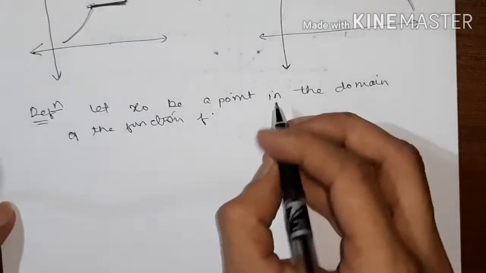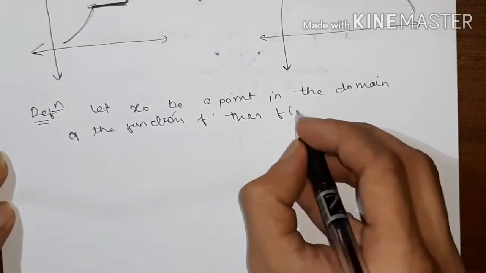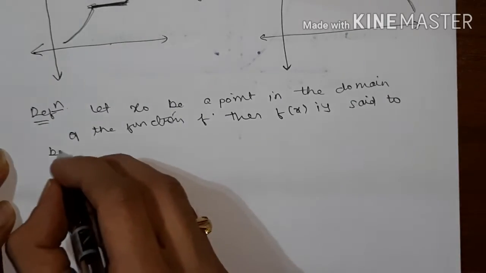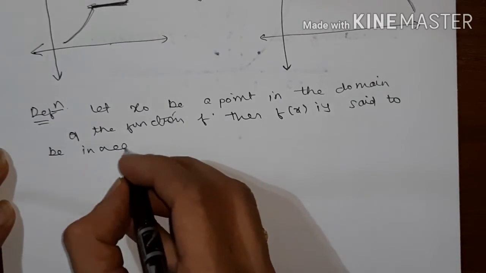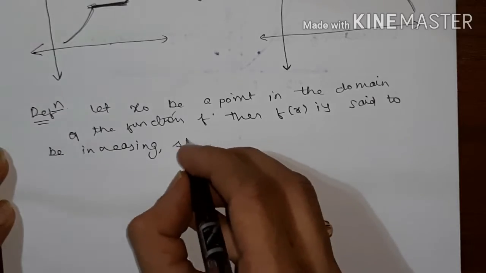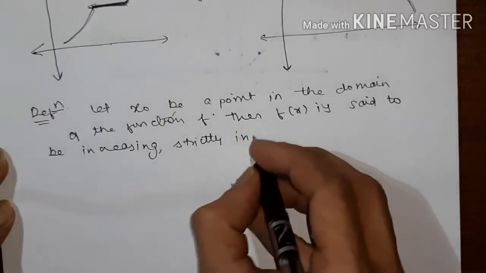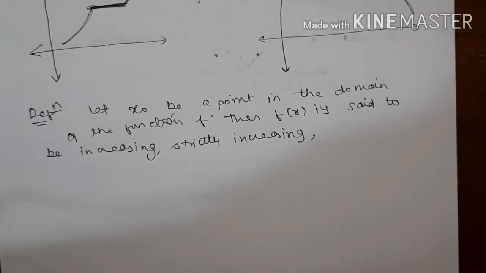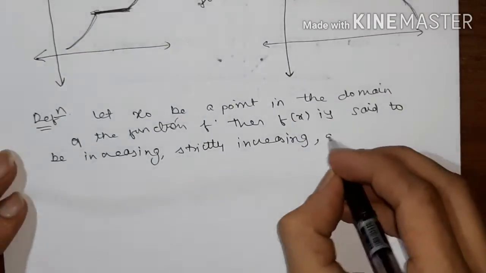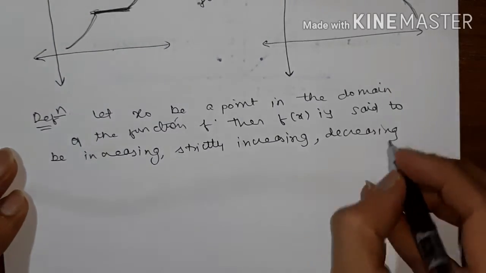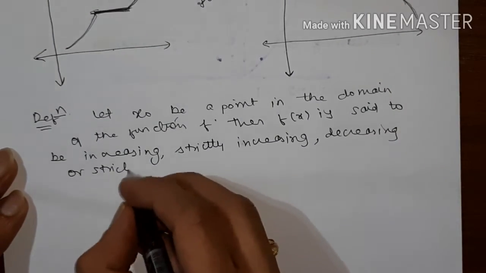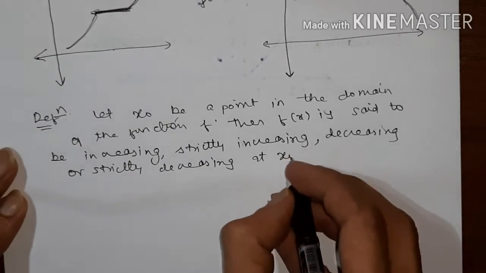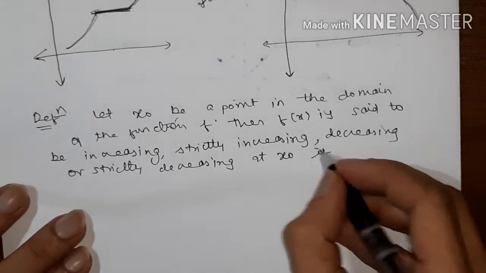So you are taking one point in the domain of the function f, then f(x) is said to be increasing, strictly increasing, then decreasing, or strictly decreasing at x naught, at the point x naught, if